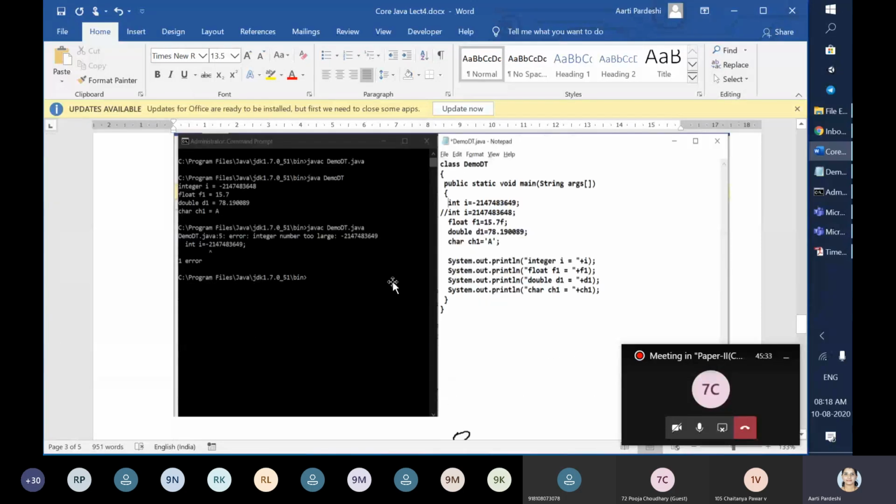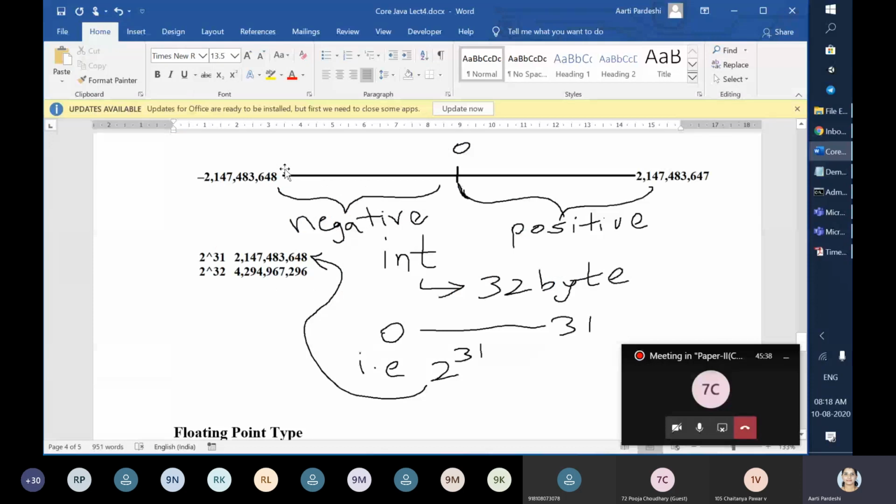See here, when you have a number line, this indicates how many values an integer can take. Down here I want to write 2 raised to 31, but I have written it in Paint and there is no option to do it, so I have written this caret symbol to indicate 2 raised to 31 and 2 raised to 32. You have already written till 2 raised to 16, now this is 2 raised to 32. What is the value of 2 raised to 32? It is 4,294,967,296.